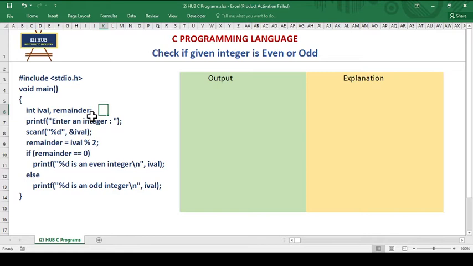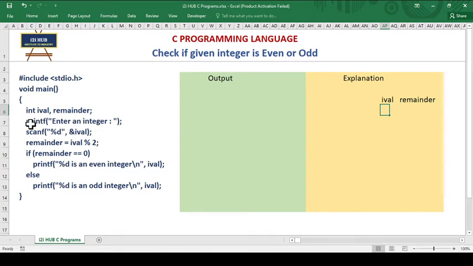As soon as this line is executed, these two variables will be allocated some memory. Memory allocation is done for these variables. Now what are the values it can store? It will store integer values because it is int.